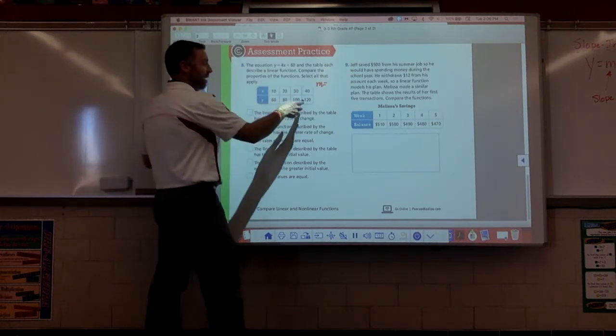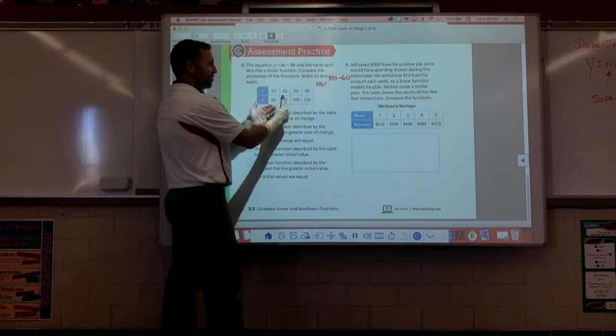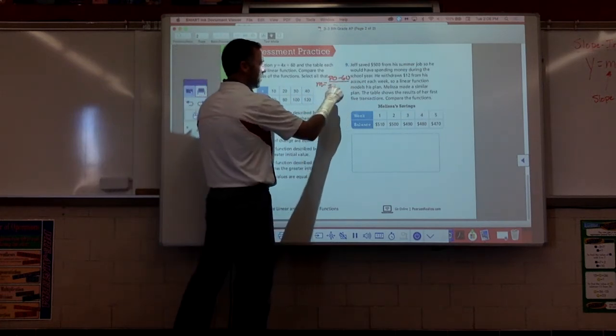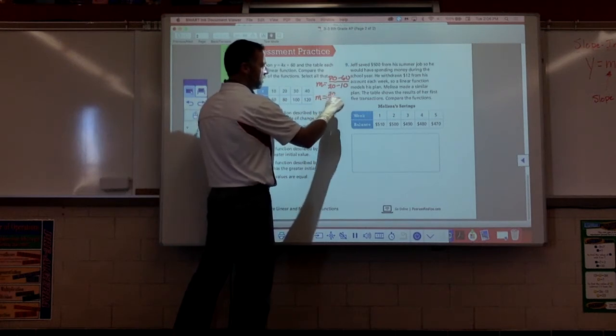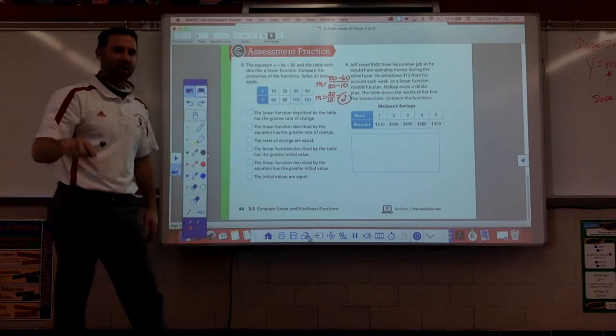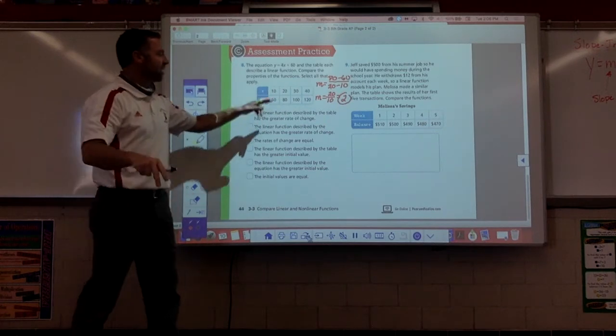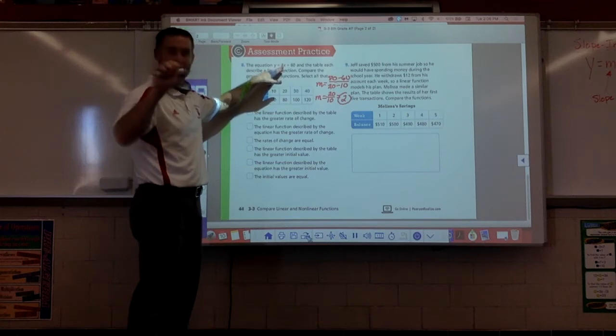Y minus y. I'm going to do 80 minus 60, just using these 2 points on the bottom, 20 minus 10. That will give me 20 over 10. Now 20 divided by 10 is 2. This table has a rate of change of 2. This equation has a rate of